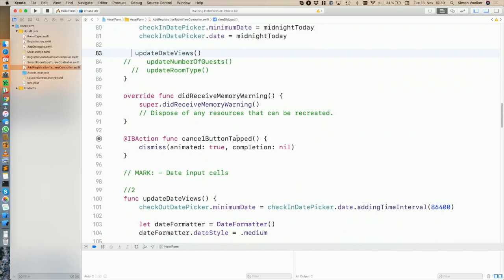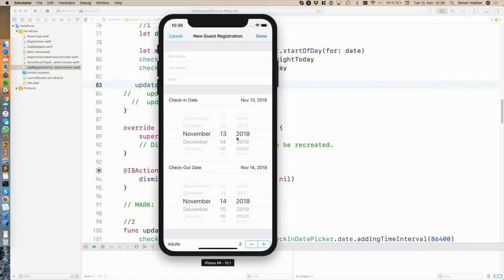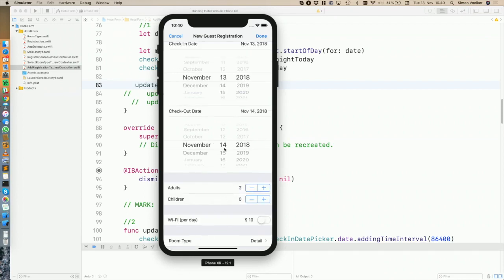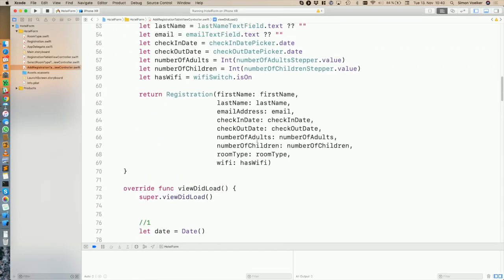Okay, let's move on. So what we would also like to have is that we don't always see the pickers. So maybe we want to minimize the pickers at some point, so that we can actually see the second part of the interface, which is down here. So this part of the interface. So we want to have this method that you'll see in some time, that you can actually expand and close the pickers to save some screen space. And for this one, we need to implement,